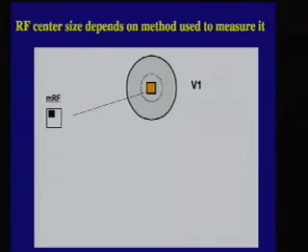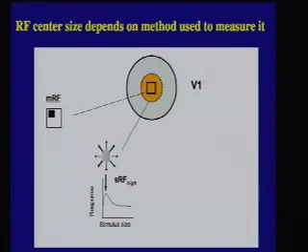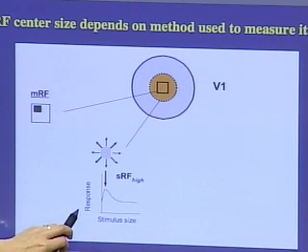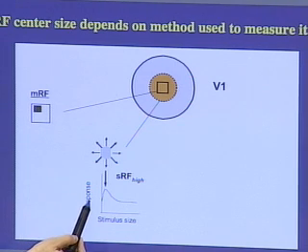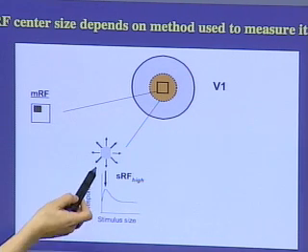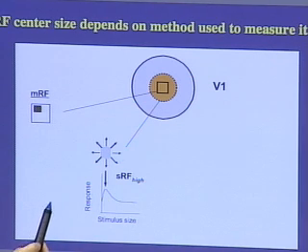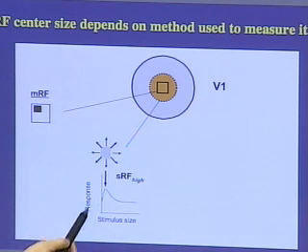However, it's been shown that another way is to use high contrast gratings of increasing diameter. This is a typical response of a V1 neuron, and you can see that the response increases and then is suppressed as the stimulus size gets larger. You can define what I call the summation receptive field at high contrast as the stimulus size at the neuron's peak response.